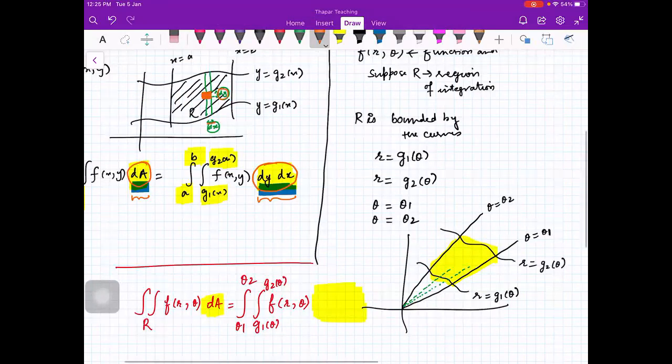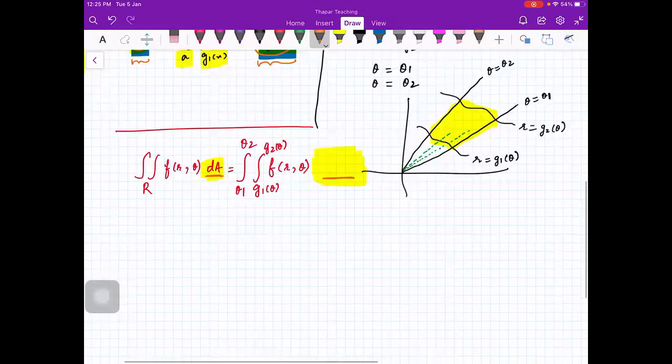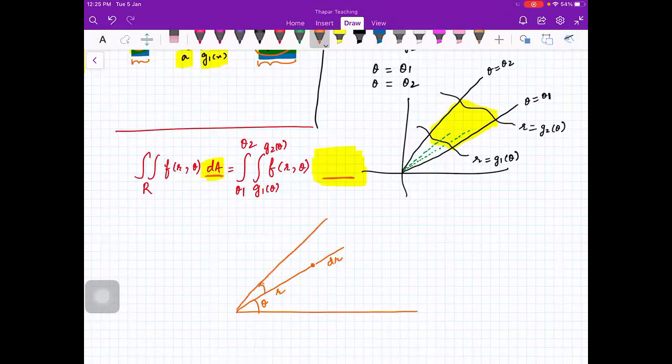No, ma'am. Okay. Now let us look at what will happen in case of polar coordinates. What will we write for dA? Suppose this is your initial ray, and suppose you are here. This point is r, theta. You move a little in the direction of r, so suppose this is dr, and you move a little in the direction of theta, suppose this is d theta. So you have covered this much area. You can consider it approximately a rectangle if dr and d theta are very small. Now, one side of the rectangle is dr. What is this length? Can anybody tell me?